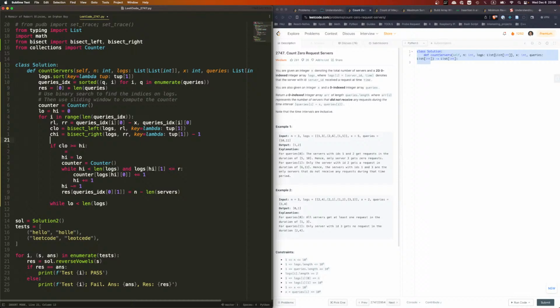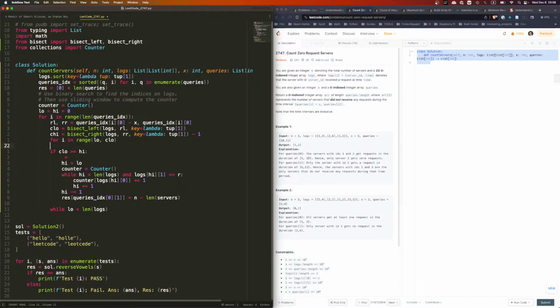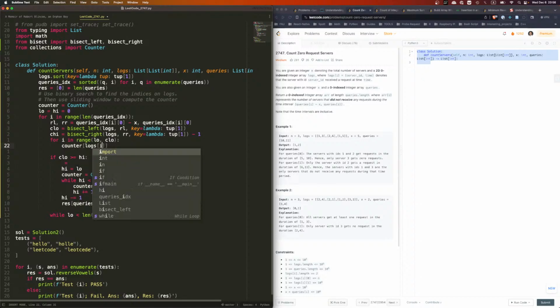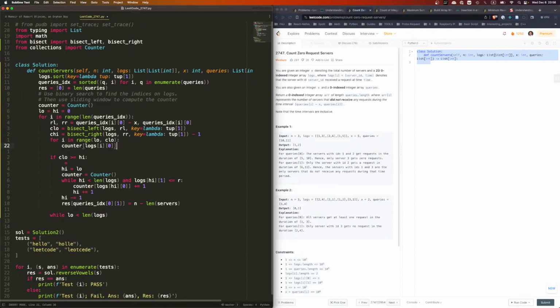And then the next one from this to the new low, everything in between will remove. So I say for I in range from low to current low, okay? And I say counter logs I 0 and minus equal 1